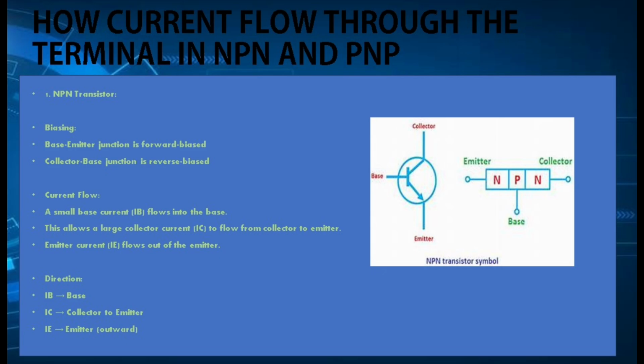This allows a large collector current, IC, to flow from collector to emitter. Emitter current, IE, flows out of the emitter. The direction of the current is: IB is into the base, IC is collector to emitter, and IE is emitter,